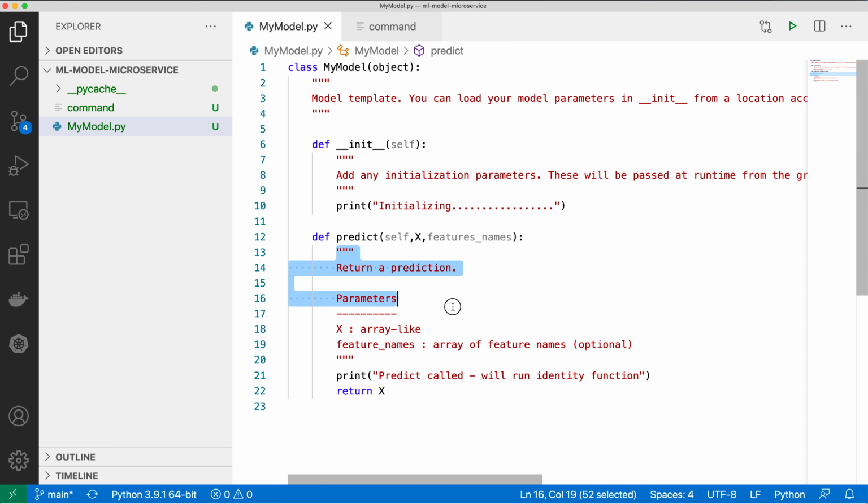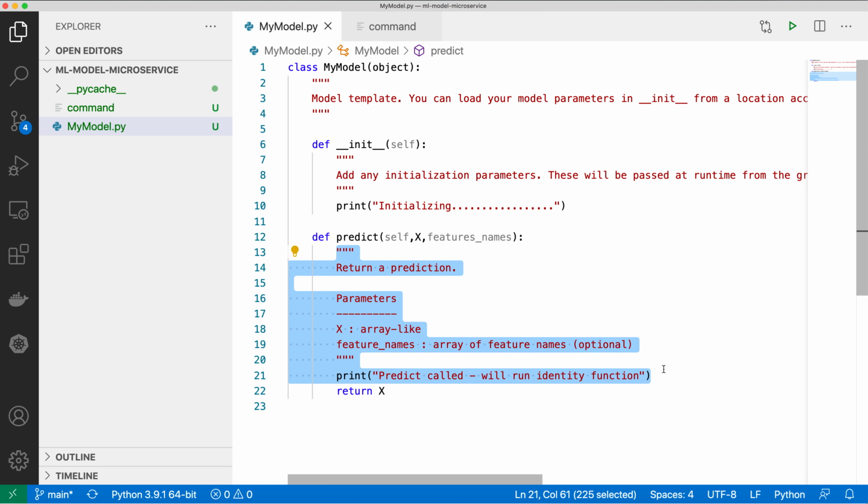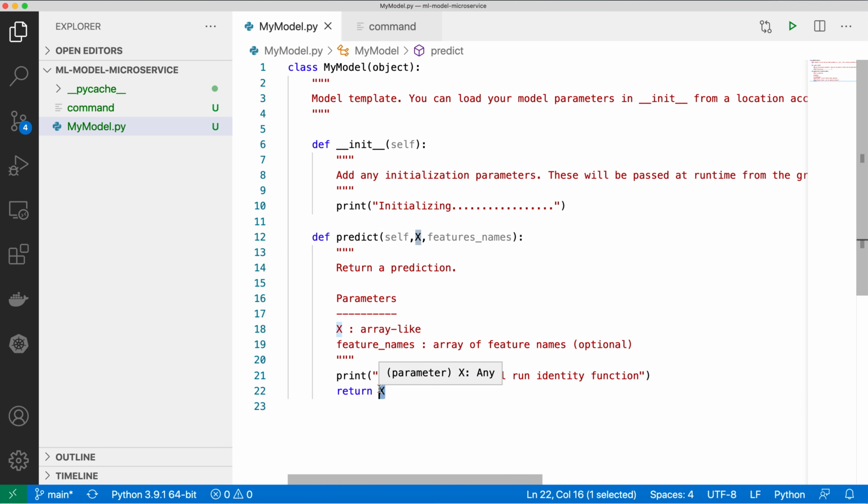Inside this function you can write your whole prediction logic. You can predict based on the model you have loaded in the init function, or you can have your own custom definition of prediction. Whatever prediction service you want to build, you can write the logic here. Once your prediction is done, you can return those predictions using the return statement. Whatever you return, the endpoint will return the same thing as the prediction output. So this is the format for defining your ML model prediction service if you want to deploy it onto the Seldon platform as a microservice.